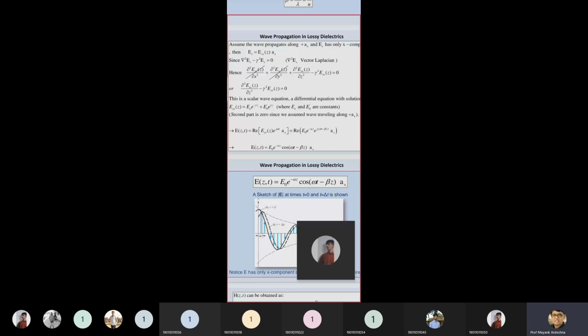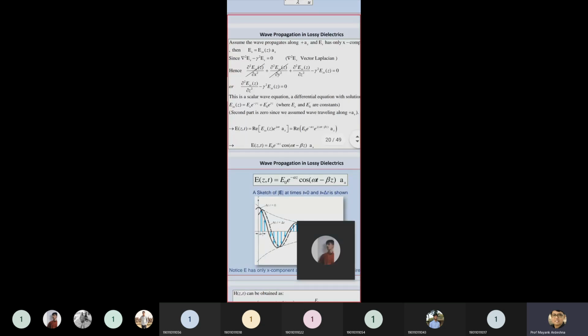So this is the solution of this equation, and we are trying to find the electric field, which is a function of time as well as z. Up till now, whatever we have discussed is only a function of z; you can see we have not mentioned any component with respect to t, because we first try to find the components in the z direction, and then we apply a time varying behavior to the signal.